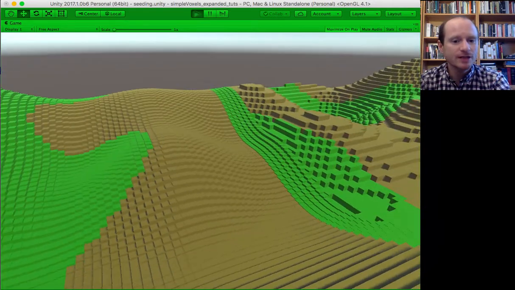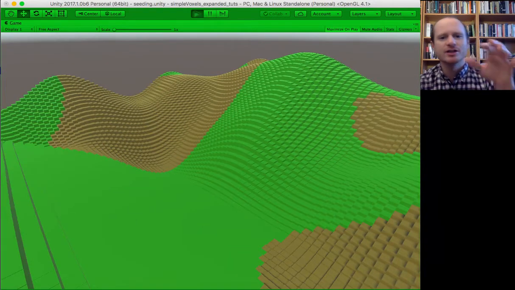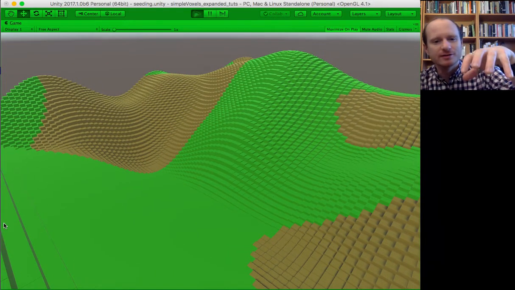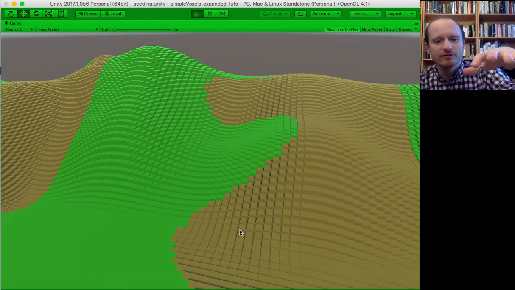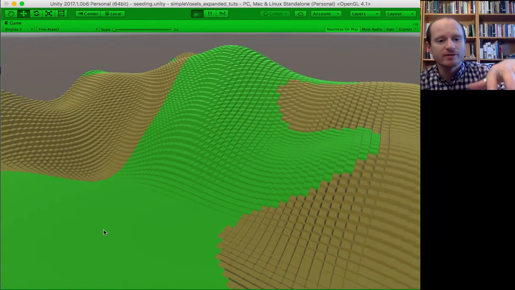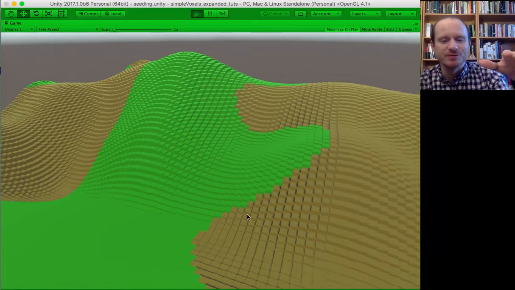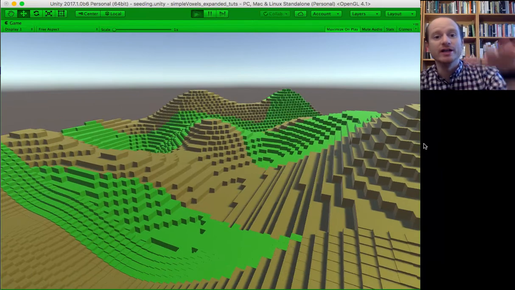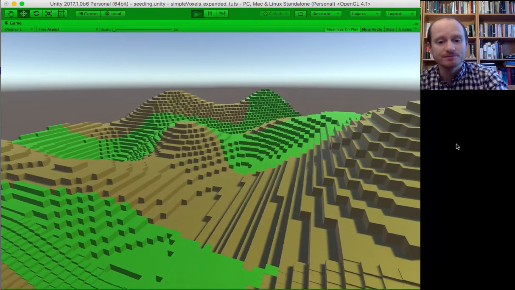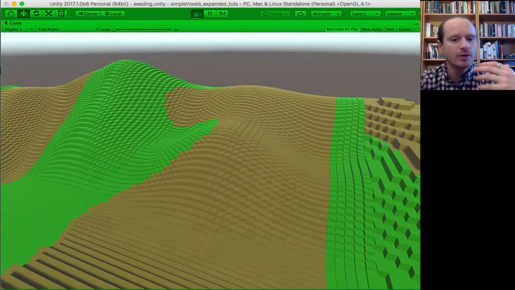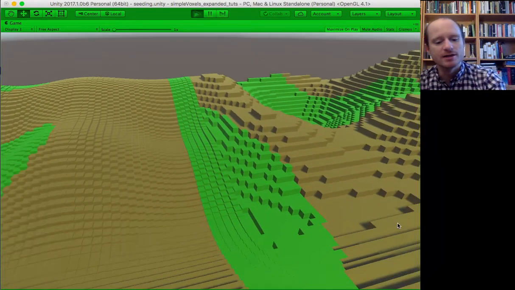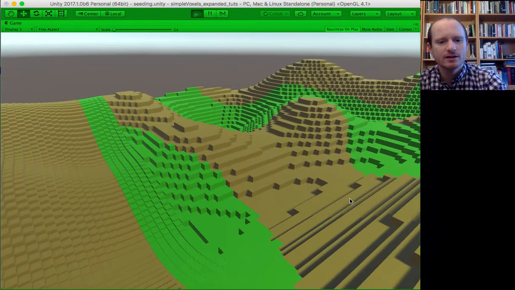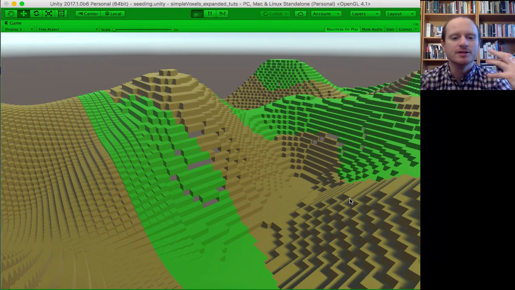Just a reminder, we've got essentially two grids of voxels. We've got this smooth grid on the left, and on the right we've got it more like Minecraft, where I've made sure each voxel is snapped to a 1 by 1 by 1 grid. Okay, so if I press the R key, there we go, you can see